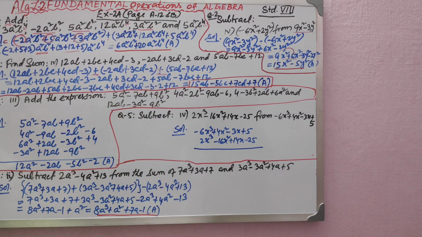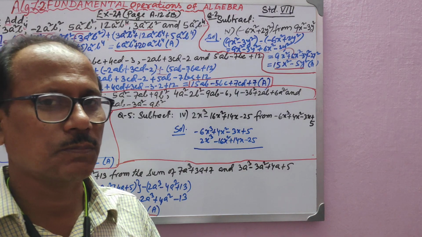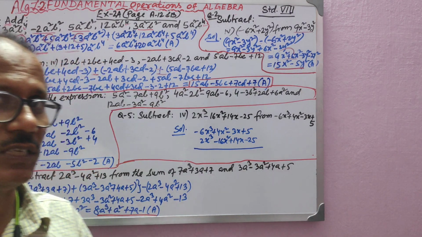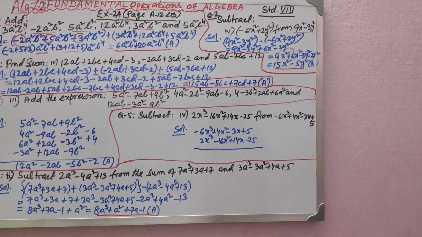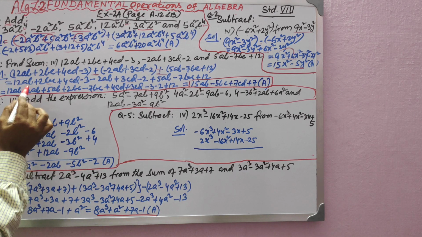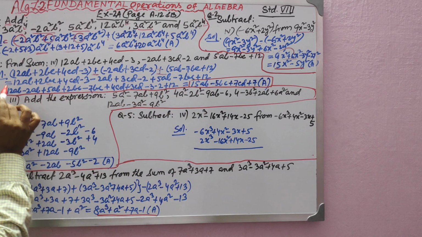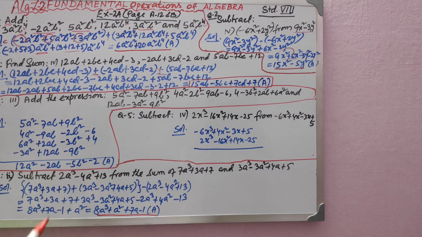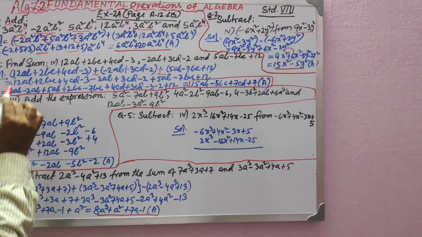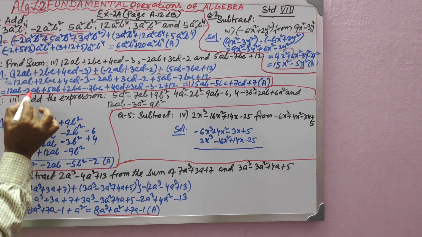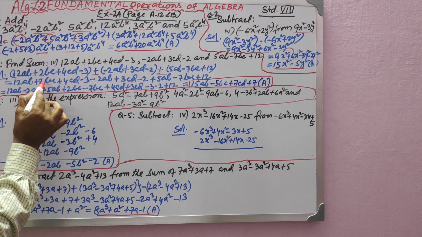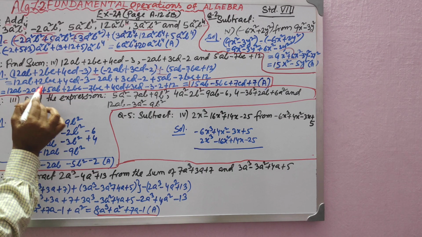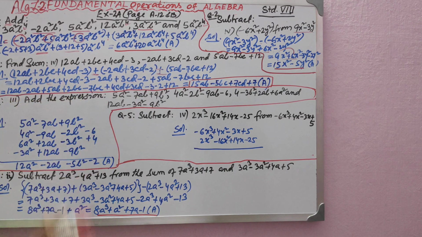Okay. Now see if any of the expression is left, any of the term is left. Here you can count 12, or you can count all the terms, 1, 2, 3, 4, 5, 6, 7, 8, 9, 10. This counting won't help you. Proper sign is there or not, you are supposed to see. 12 AB. Yes. Now 2 AB, 2 AB fine. Then 2BC, you see 2BC anywhere? Yes, it is. Then all the terms are there or not. That is C and C. Otherwise it will be wrong.